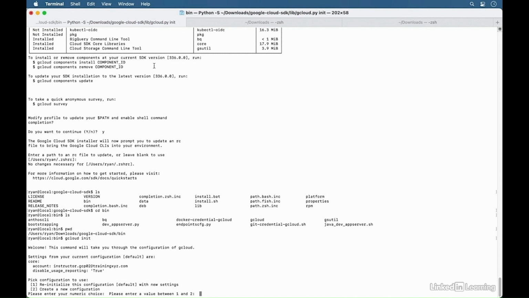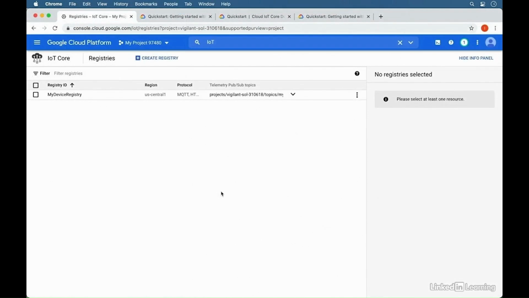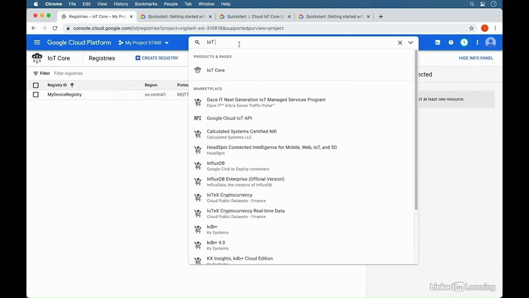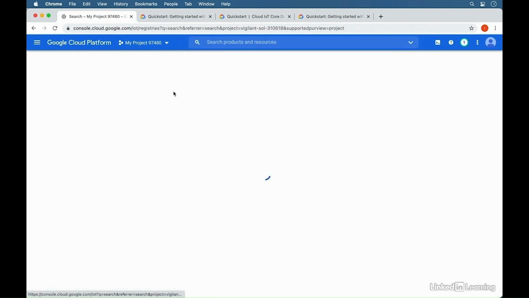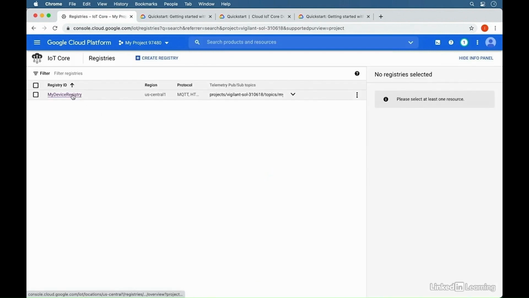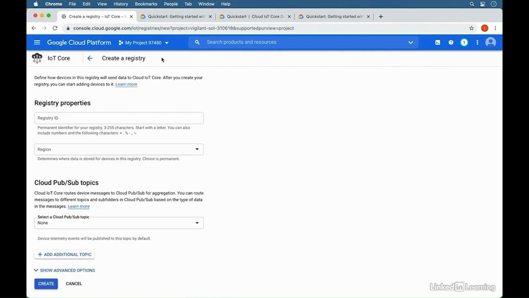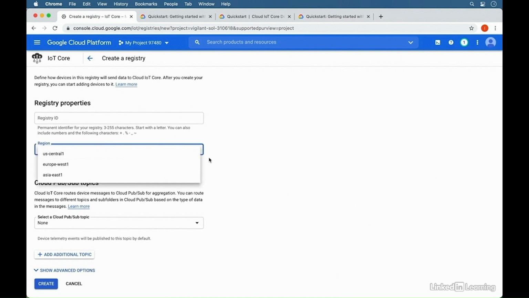You can also create and view the project from your Google Cloud portal. Now that we've done the Cloud SDK installation and the project setup, we can start adding a device to the registry. Let's go to the IoT Core portal first. And then we need to create a registry. So you can specify your registry ID as My Device Registry and select your region, for example, US Central 1,